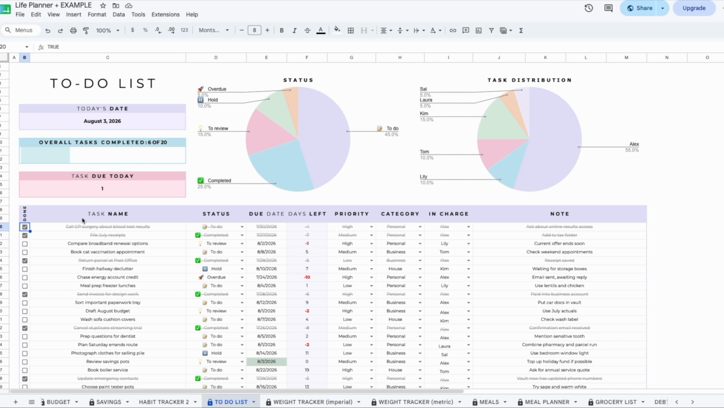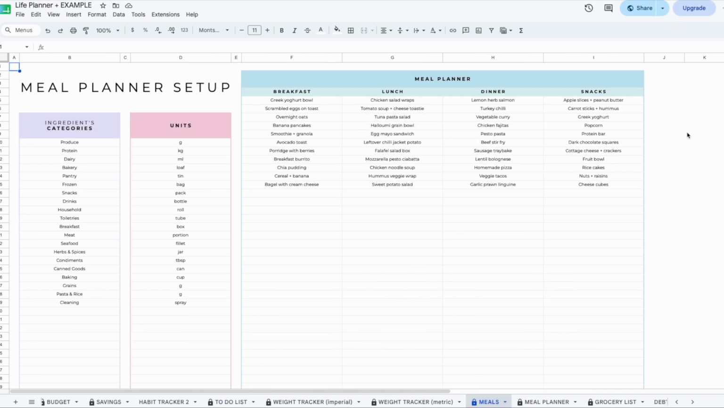Moving over into the meal planner. The meal planner setup tab is the first tab you'll need to use before setting up the meal planner and grocery list tabs. This is where you can add the ingredient categories of the types of ingredients you'll use within the recipes, any units that you'll use, and the different recipes. So you've got breakfast, lunch, dinner, and snacks. And by writing these in this table here, you'll be able to choose from them in the meal planner tab